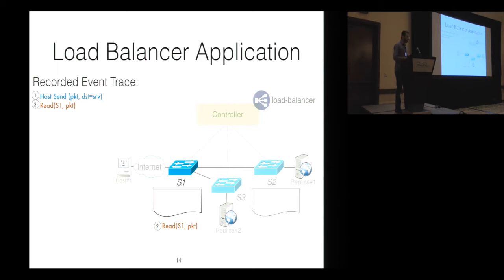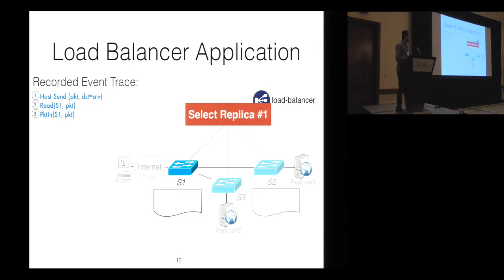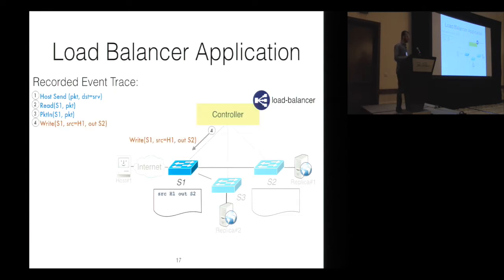S1 will say, okay, the entry that matches it, so send it to the controller. The controller says, S1, so it will install a path from S1, S2 to the predicate, which basically matches packets that